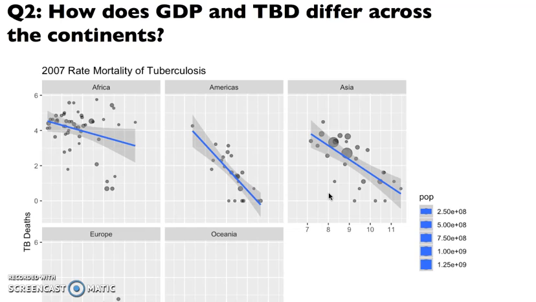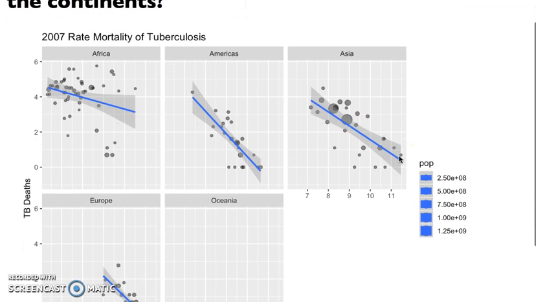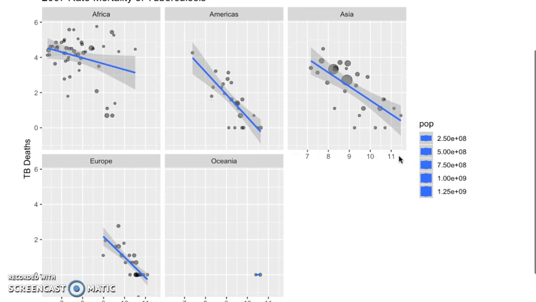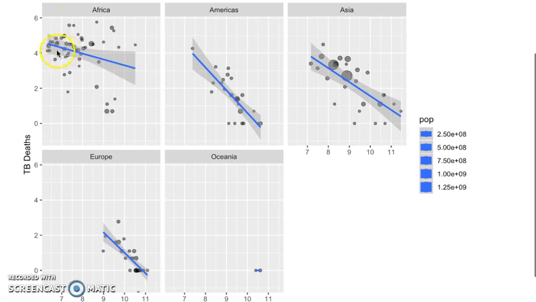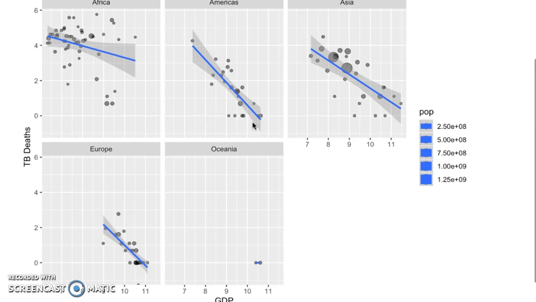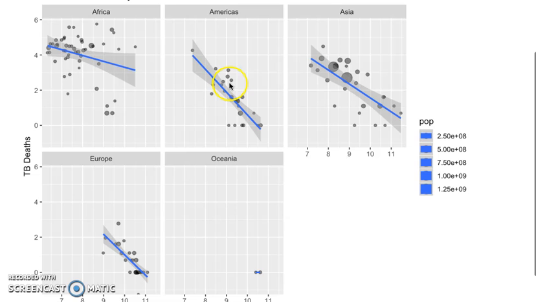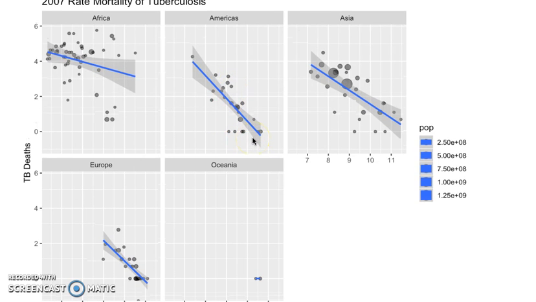So for our next question, we were comparing just the year 2007 and the rate of mortality of tuberculosis. As we can see here across the different continents, they have different types of relation of the regression line. So we can tell that the different slopes of the regression line for each continent indicate how strong the relationship of GDP and TB is in each continent. So in the Americas, GDP affects it